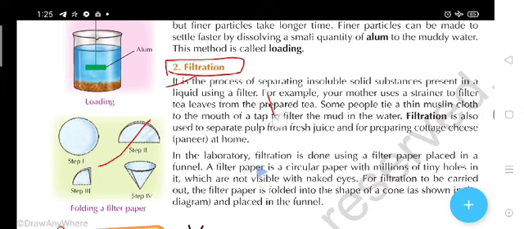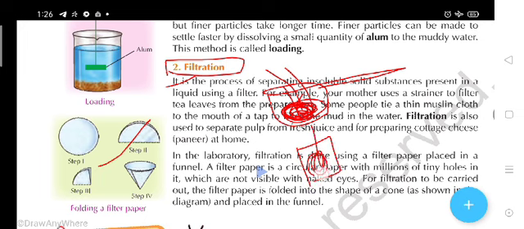For example, you are using a strainer. You have poured the tea leaves along with the liquid tea, and in another container you have collected the liquid tea. Then what happens here? The filtration process has taken place. By using that strainer you have done this. So this process is called filtration.